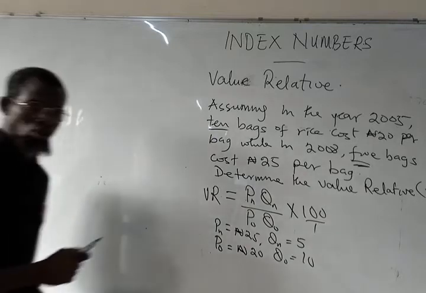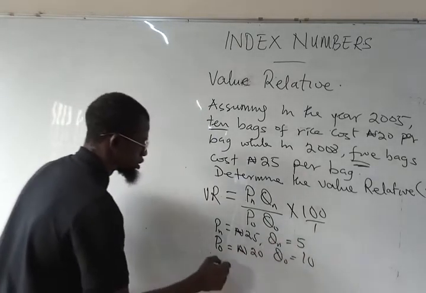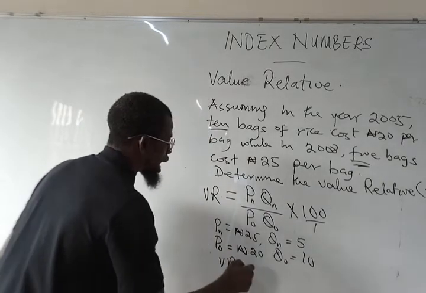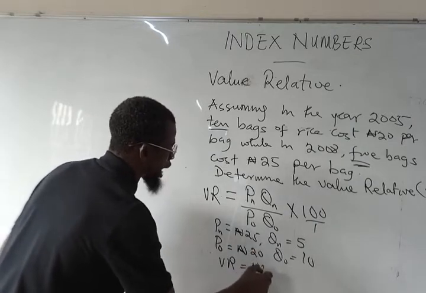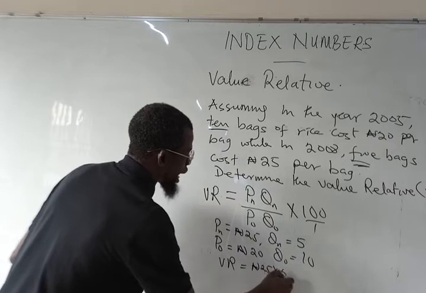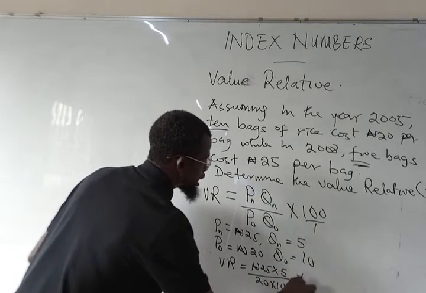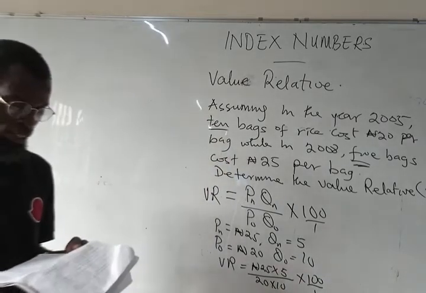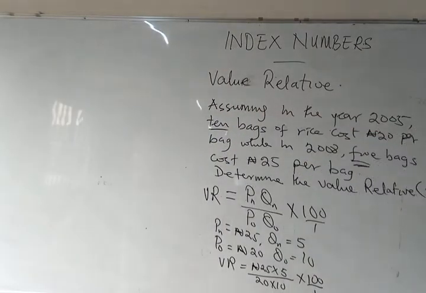So to find this, it means our VR will now be 25 times 5 over 20 times 10, then everything times 100 over 1. If you use your calculator very well, you will realize that this will give you